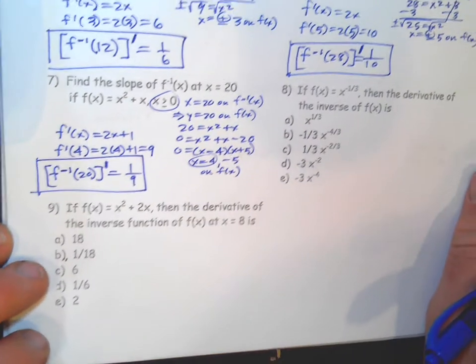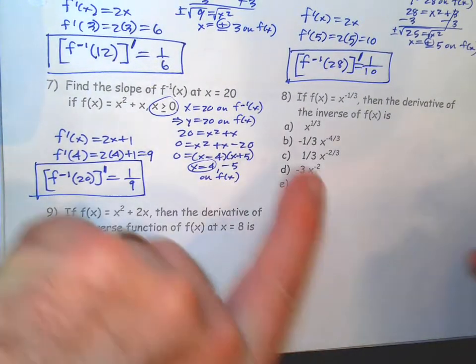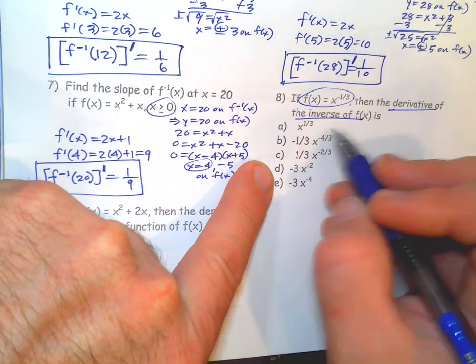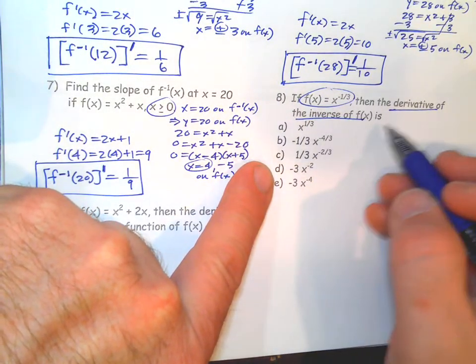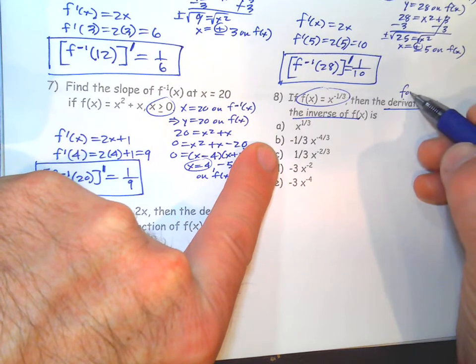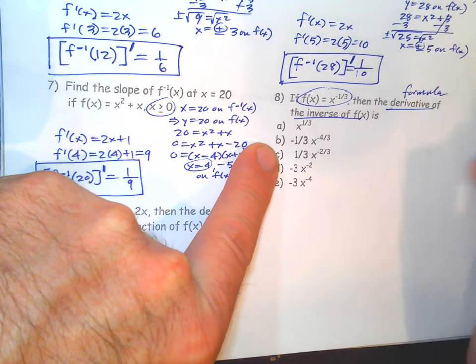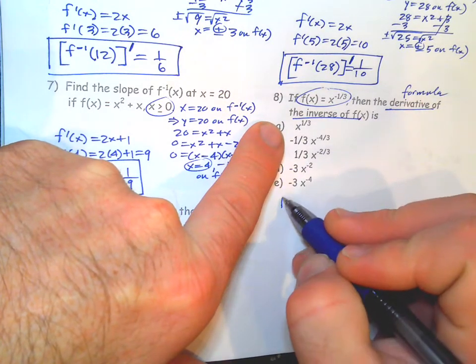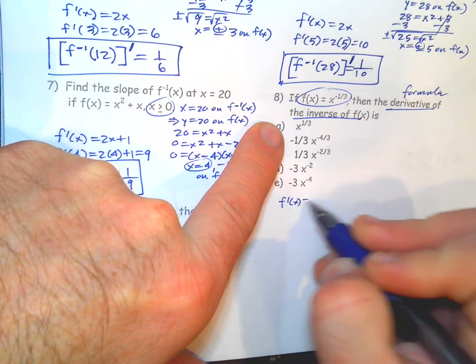Okay, now number 8, they give you the function. They say the derivative of the inverse is what? Now, that means the derivative formula. Now, there's no shortcut for this. You can't just take that derivative and flip it upside down. I bet one of these answers might be that. So someone might think, oh, okay, let's take the derivative of this,